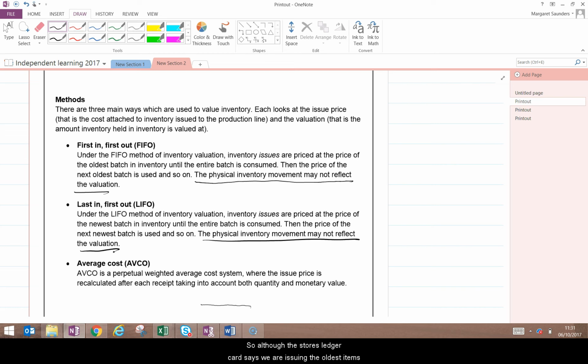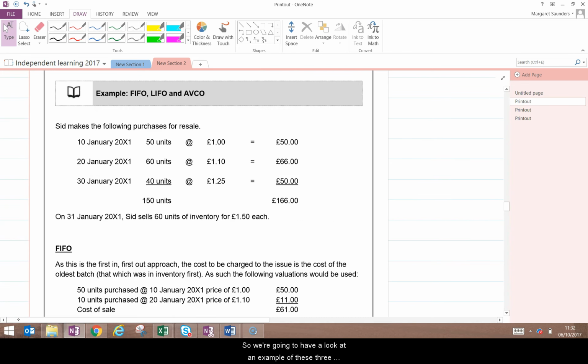So although the store's ledger card says we're issuing the oldest items, what the warehouse staff actually take out of the warehouse may not necessarily be the oldest items. So we're going to have a look at an example of these three methods before we move on to the